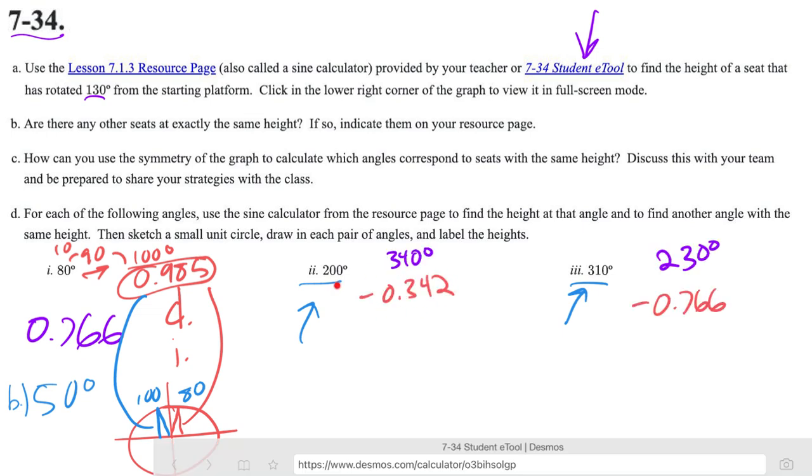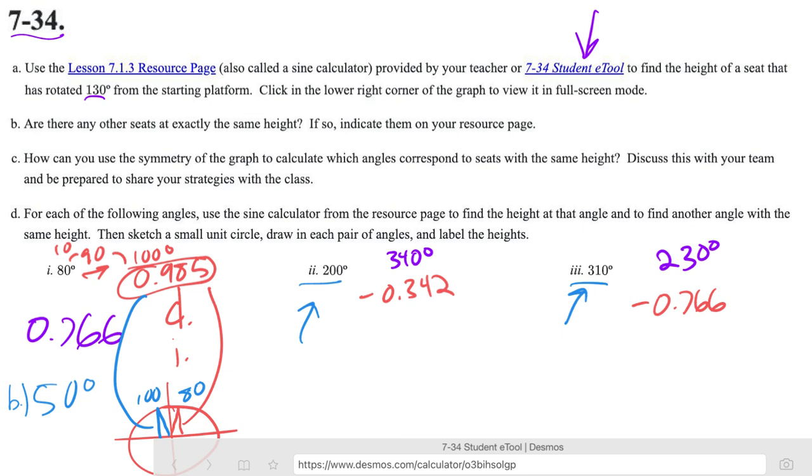You've got yourself this height of the sine, which is negative 0.342, and then some other decimals, that should be at angle 200 and angle 340. And then you've got your next one here, negative 0.766, and that's at 230 and at 310. Okay, so that's kind of everything. The last problem